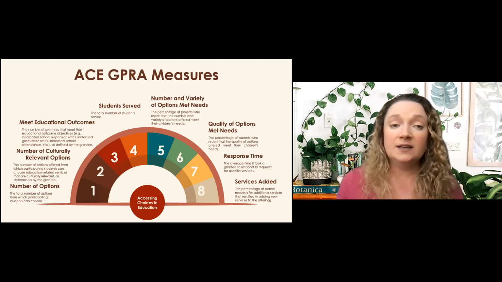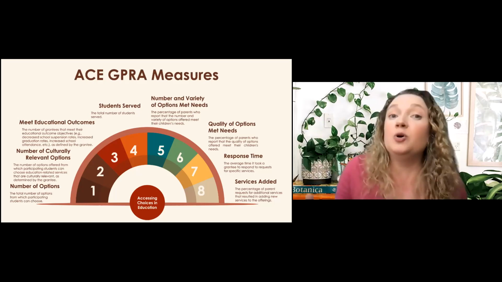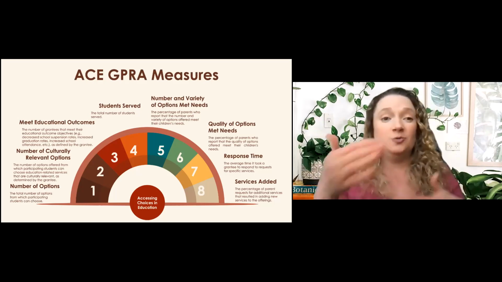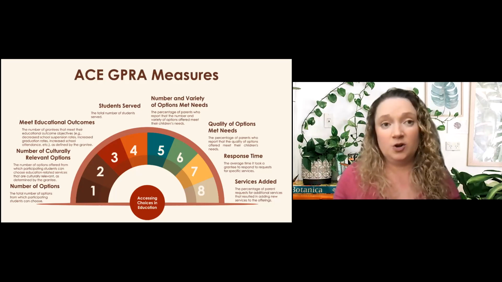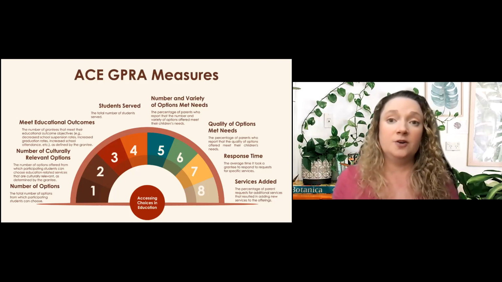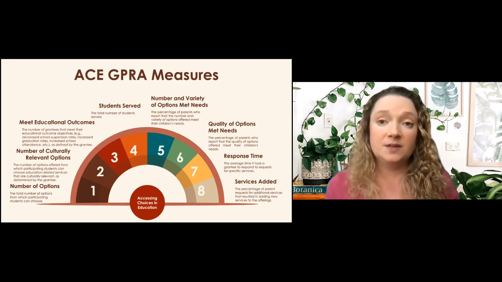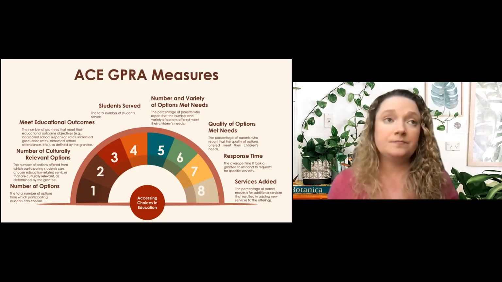So you would put 999 because you don't know exactly how many options. You can maybe put a good guess on it at this point because you're doing your planning and you know what you're expecting, but you won't truly know how many options you're going to offer until August. So you would put 999, and then that's information that you'll update on your next APR.